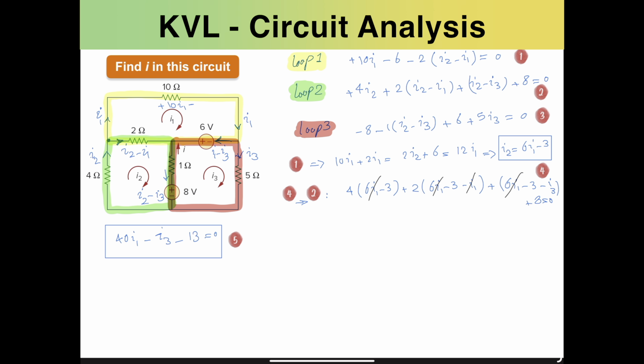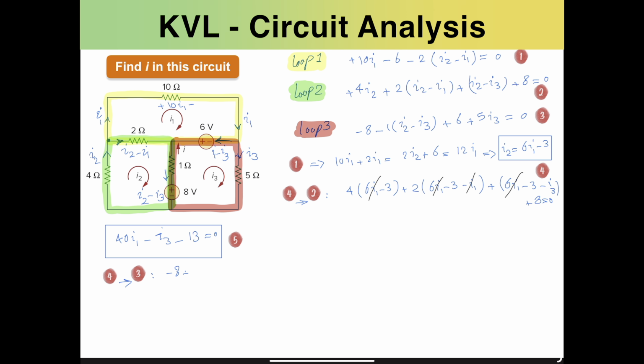So let's do that. So we would essentially consider equation number 4 in equation number 3. If you replace that in equation number 3, what we would get is